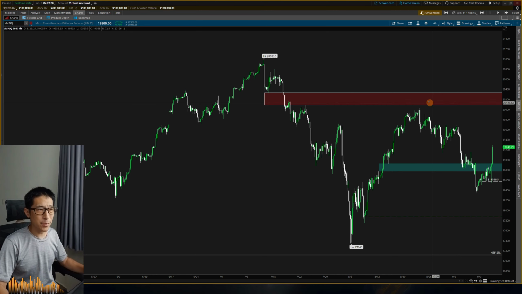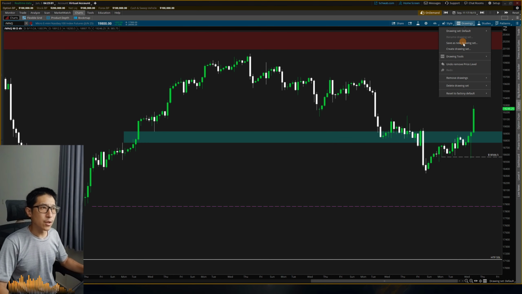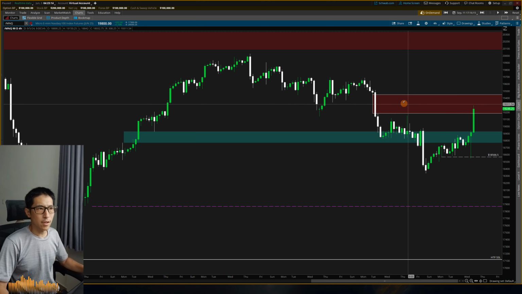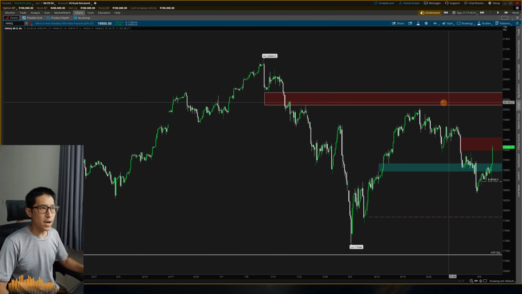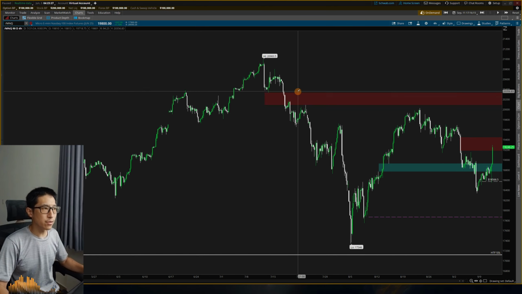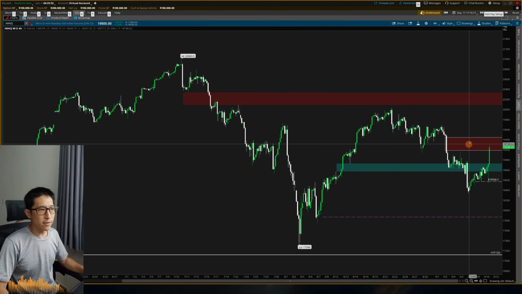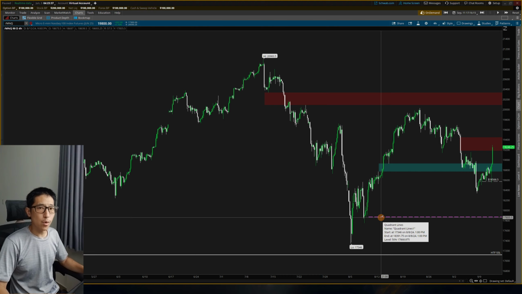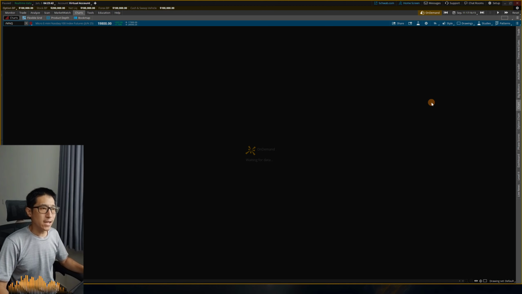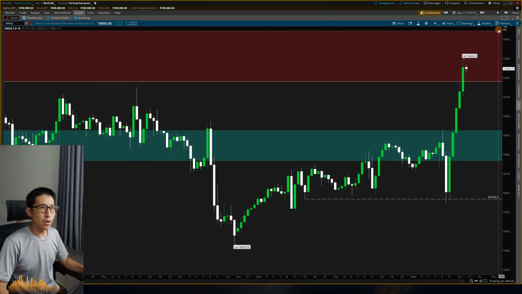Do we have a fair value gap on the 4-hour? Yes, we do. So I'm going to go ahead and mark this out. All right, so here is the 4-hour fair value gap. Now I'm going to keep my eye on this going into tomorrow. If we trade above it, then I think we may be heading for higher targets. Perhaps we're going to go above this high and go back into this weekly fair value gap. But if this falls down, then of course we can look for a setup to get in, aim for this low, 50% of that weekly wick, and of course relative equal lows. But yeah, we'll have to just see what happens in the morning tomorrow.